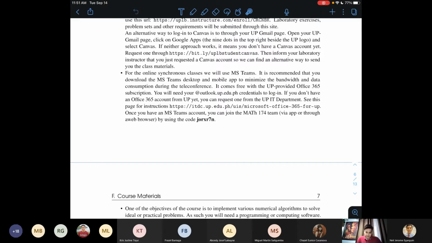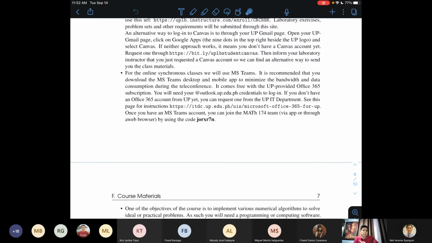So the Teams account comes with the UP provided Office 365 subscription. So kung nag-avail kayo ng Microsoft Office suite that is provided by UP via the UP subscription, nakakuha kayo na ng outlook.up.edu.ph login credentials, which you used to download the Office 365 applications like Word, Excel, and PowerPoint.